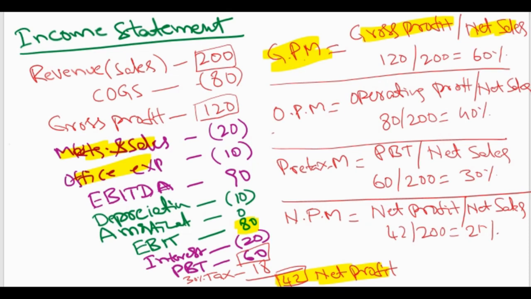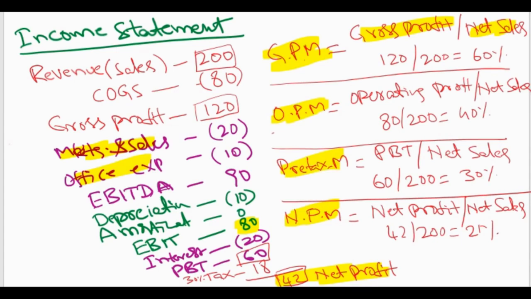So if you look at pre-tax margin, it is operating profit, right, minus interest. So how do you get pre-tax margin? Profit before tax. Profit before tax is operating profit minus interest. So pre-tax margin reflects the effect of interest on margins. And the last one is pre-tax margin, right? So now once you have all these four parameters,